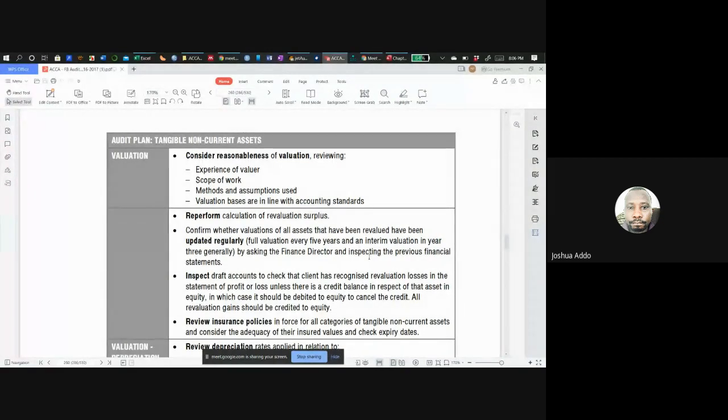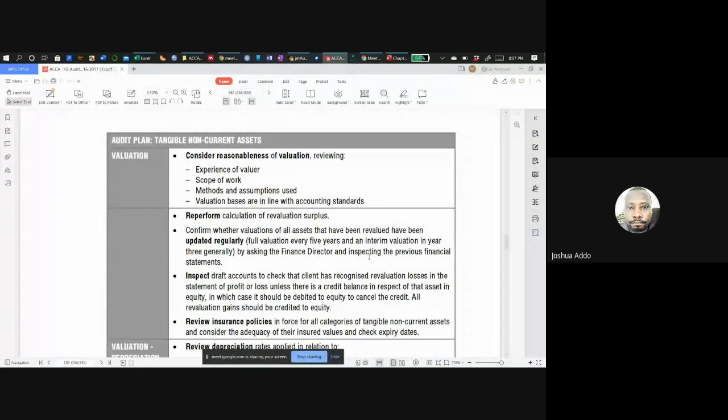You have to reperform the calculations. Not only revaluation surplus, all forms of valuations. If you can have an underlying record of how things are broken down to form that valuation, you have to do reperformance of them, recalculations of them. And that's part of confirming valuation. Confirm whether valuations of all assets that have been revalued have been updated regularly. Full valuation every 5 years and an interim valuation in year 3